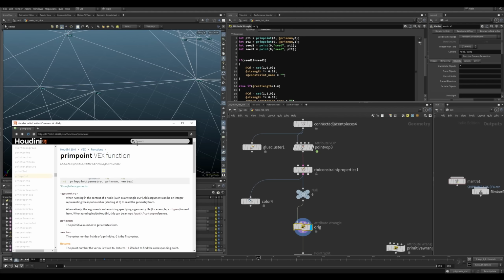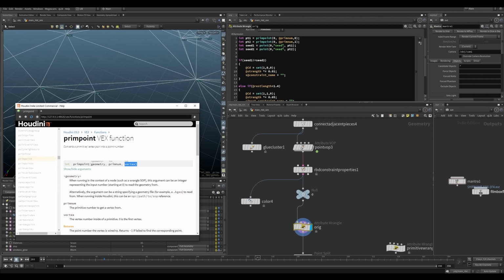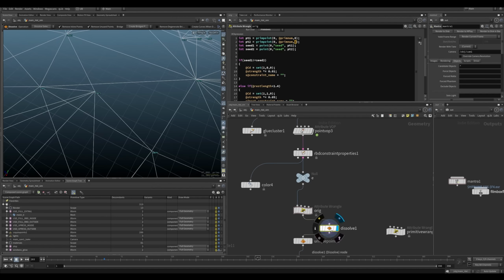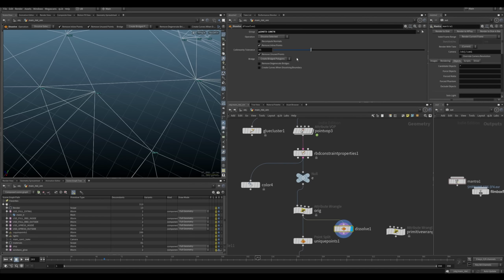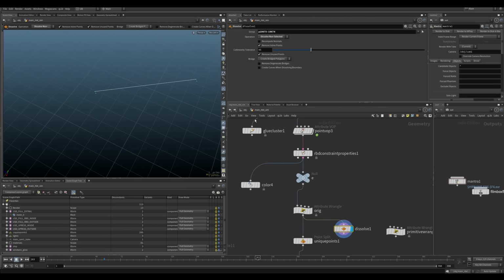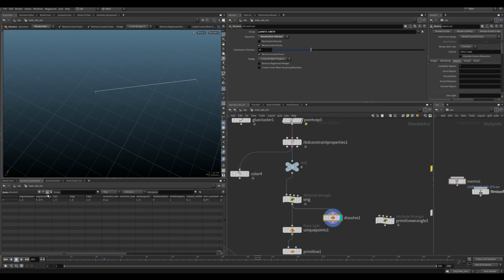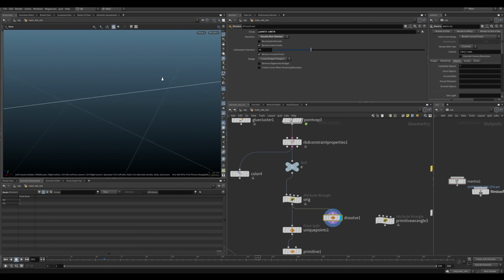Each primitive has two vertex points, 0 and 1. The way we know this is if we go here, remove this, and remove the inverse,